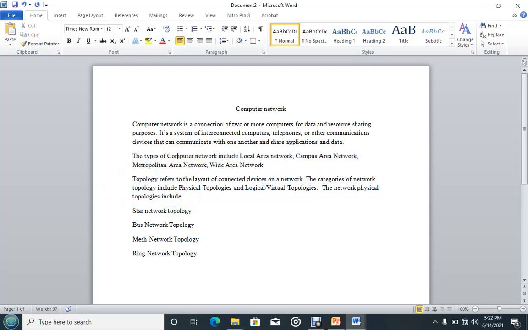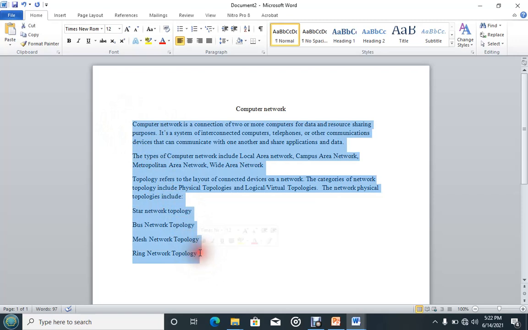So let's do that. Let's begin with the line spacing. In order for you to change the space or the gap between lines, you need to first select the text that you want to apply line spacing to. Then still under the paragraph group here, this double arrow is for line and paragraph spacing.